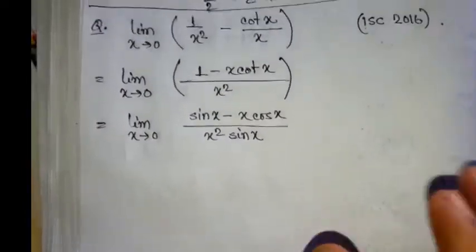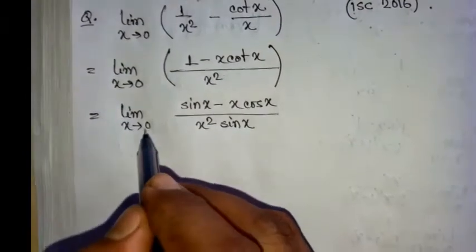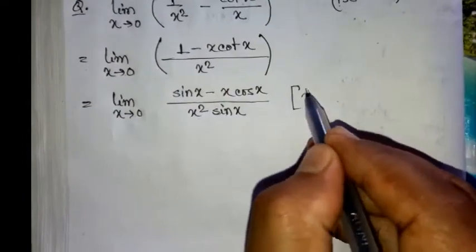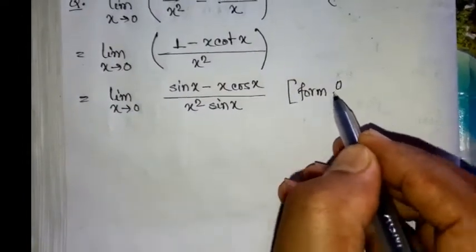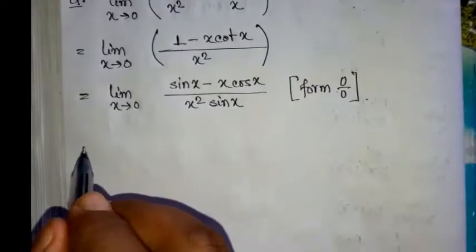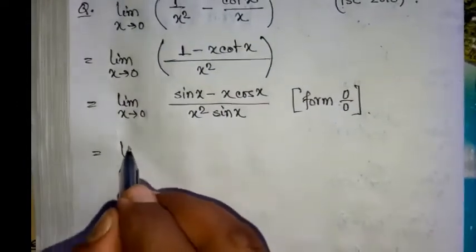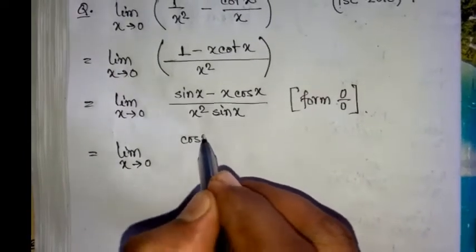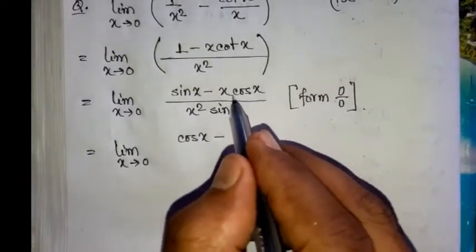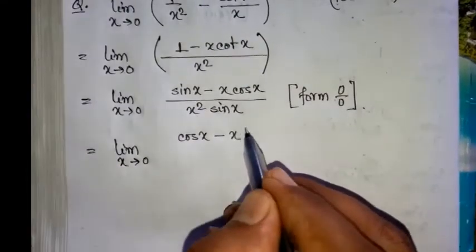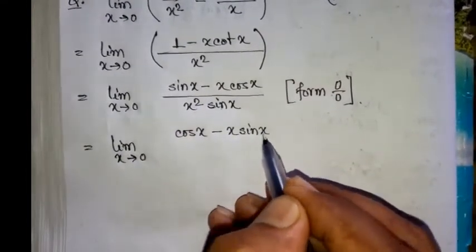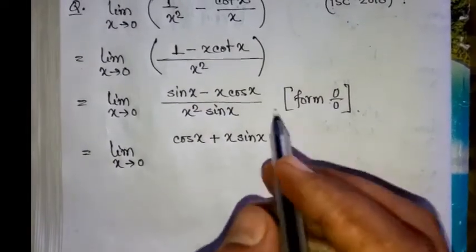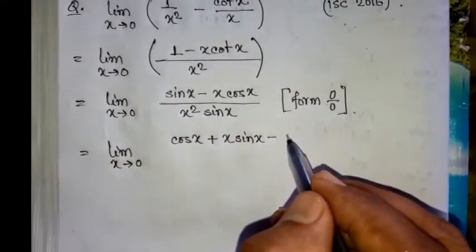Now if you try to put x equals to 0, then this is 0 minus 0 by 0. So now it is the form of 0 by 0, and we can apply L'Hospital rule. By L'Hospital rule, consider the derivative in numerator and denominator. Then it is cos x minus, with x fixed, derivative of cos x is sin x, definitely it is plus sin x, minus cos x